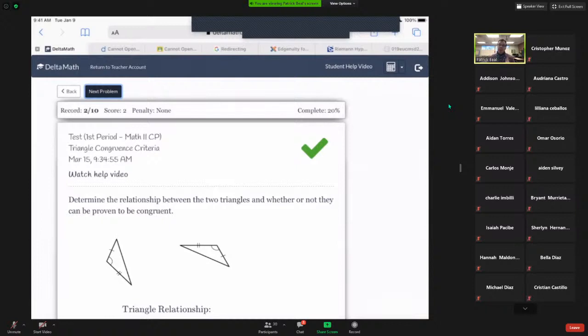Remember that this Friday is the end of the quarter. So if you have any missing assignments, continue to work on those. Come to office hours if you need to make up a quiz or anything like that. I think those are all my reminders.